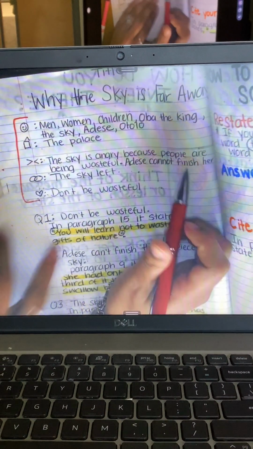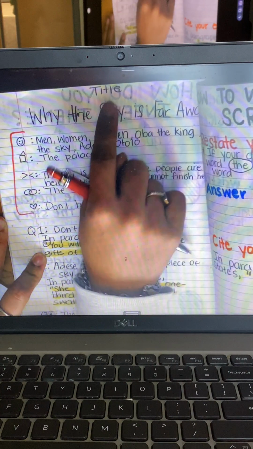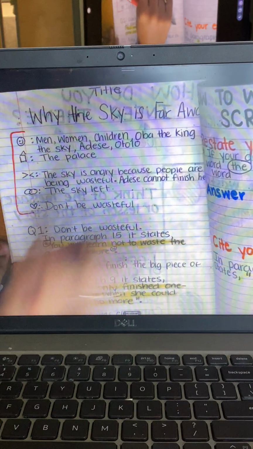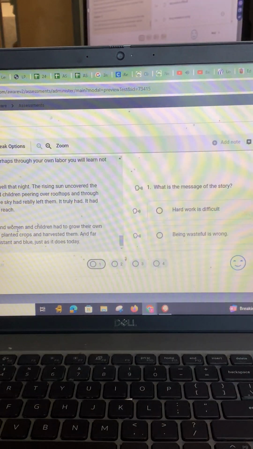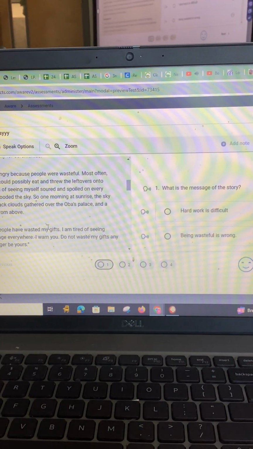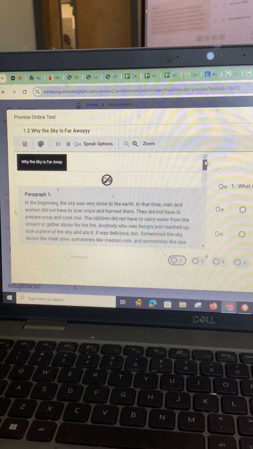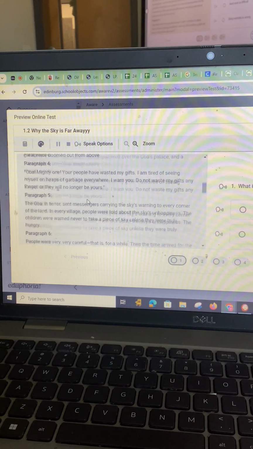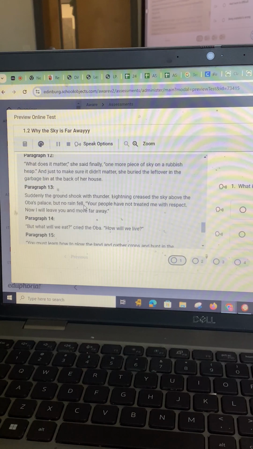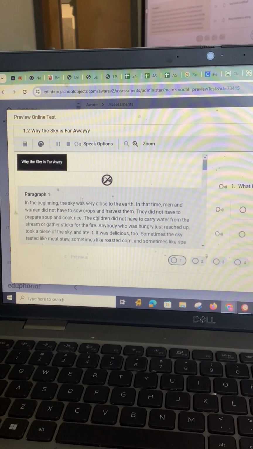So the story that we have is called Why the Sky is Far Away. And so the first thing that they have to do is put the title, Why the Sky is Far Away. The way their story looks like, I always like to put their weekly story on the computer, because when they test, they're going to be tested on the computer. Nothing is going to be on paper. So they get their title here, Why the Sky is Far Away, and then it lists the paragraphs as so, like this. So here the story has 17 paragraphs, and so it's a fictional story, which means it's a story